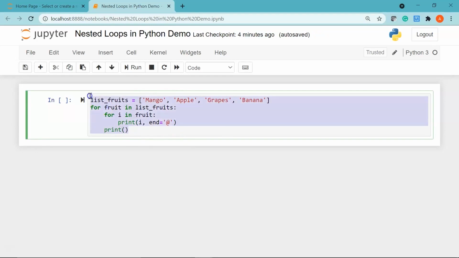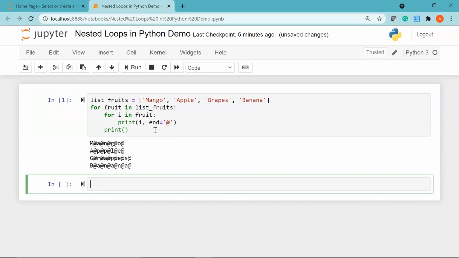So this is my first nested loop that I have created. I want to iterate through all the items present in my list underscore fruits variable, and for each item in the list I want to make sure that each letter in an item should be separated with the @ sign. So let me go ahead and print it so that you can see the result. There you go.